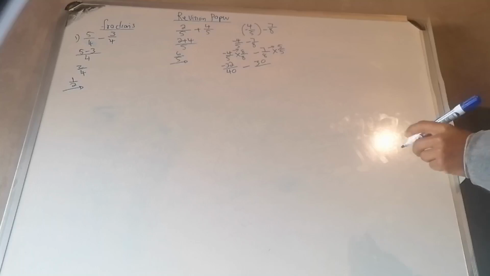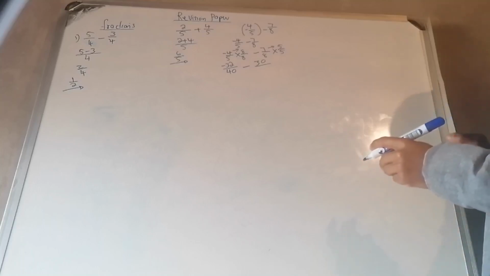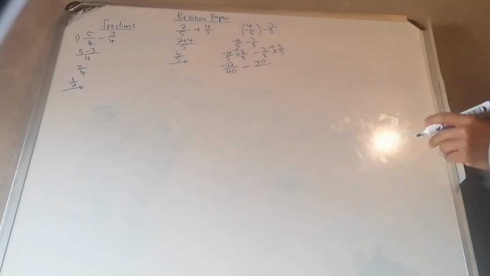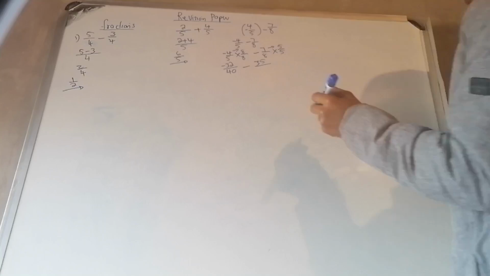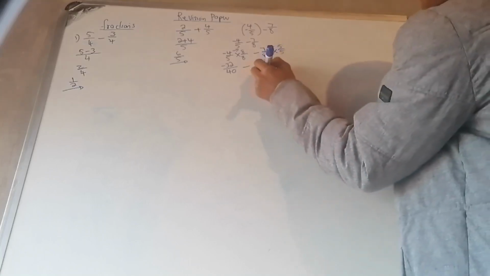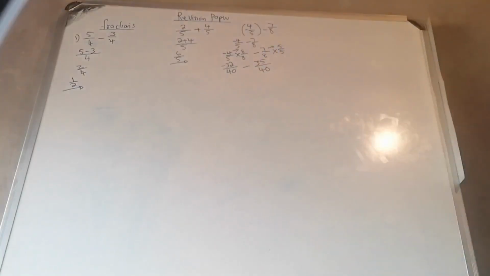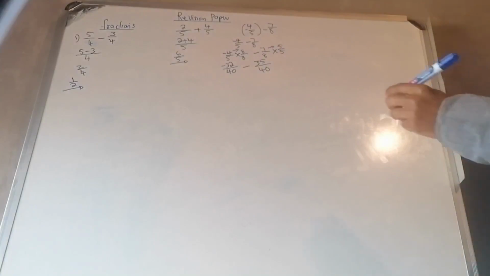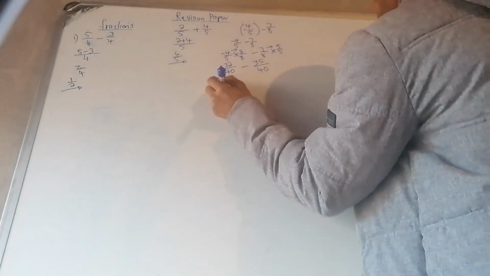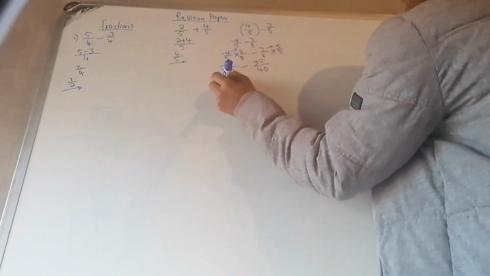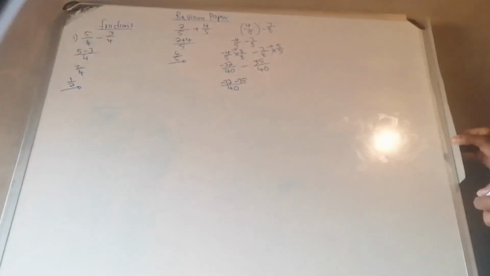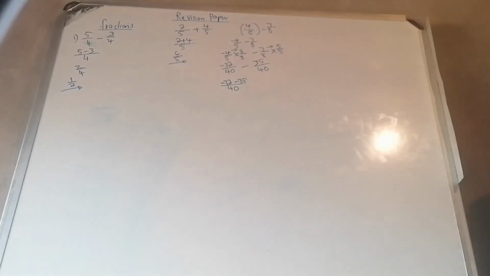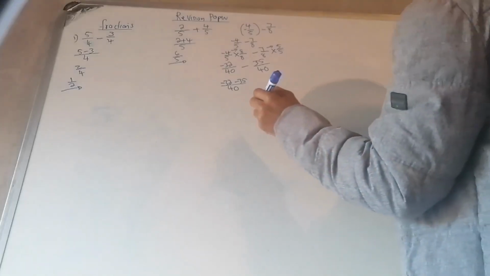4 times 8, 7 times 5 is 35. All right. 8 times 5 is 40. So what were we doing here? Trying to have a common denominator. All right, and then I can write my 40 also, minus 32 minus 35, which gives minus 67